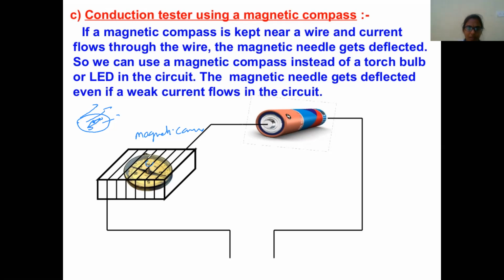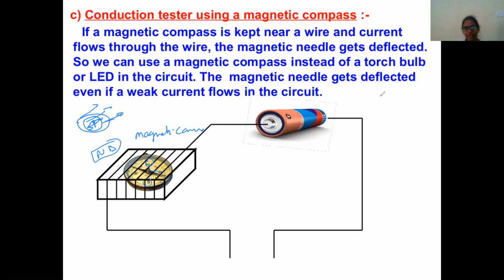You can observe here the north pole, the south pole, and this is the magnetic needle. This magnetic needle can easily rotate. Whichever direction the magnetic field is in, the needle of the magnet is going to deflect in that direction. And here we have not kept any magnet, any bar magnet, right? But even so, the magnetic needle will show deflection. How? That is an interesting topic.